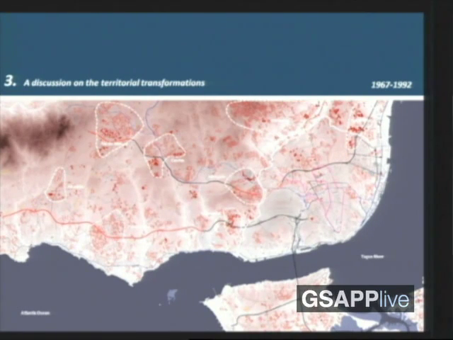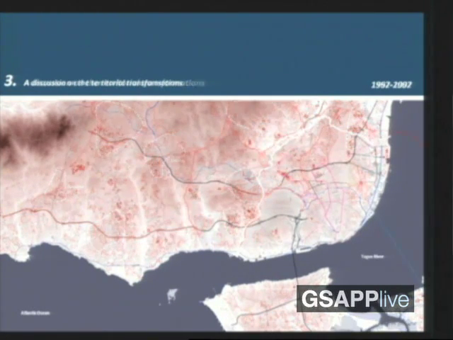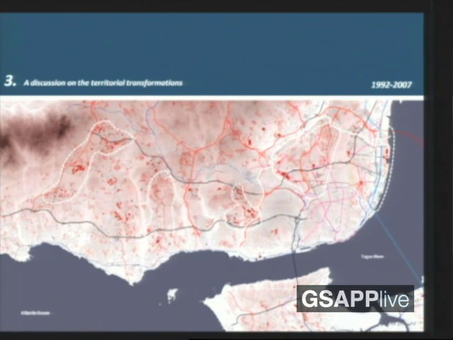Just to trace such points within a metropolitan development since then, we can see that from 1967 to 1992, we have seen extensive urban growth escaping formal planning, especially in these areas, and great difficulties in infrastructural development. Much of the urban initiatives drawn in the 1964 Metropolitan Plan was not built in this period, or not still built. They were built later on in the late 20th century, in which we can see finally more mature stabilization of infrastructure,